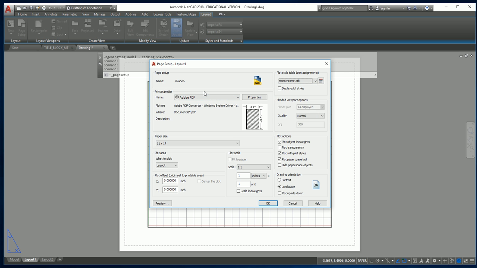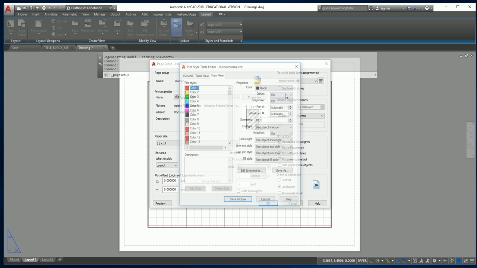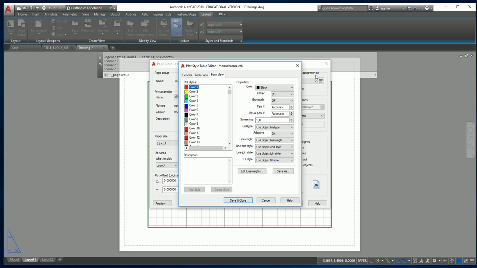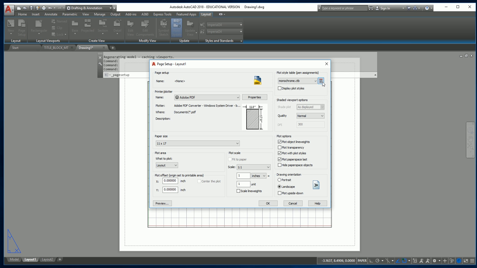CTB. What is CT? Color table or something, I think. So I just want to show you guys, just so you know, within monochrome, don't hit this, because I don't want you guys to mess it up. Trust me, don't hit it because it becomes really, really hard. So I'm just showing you in here. So this is the settings for